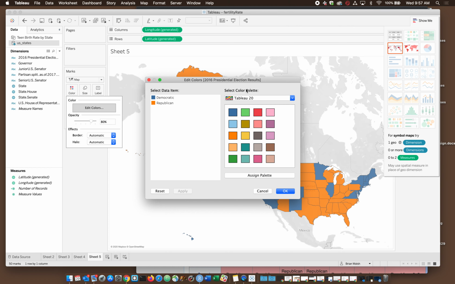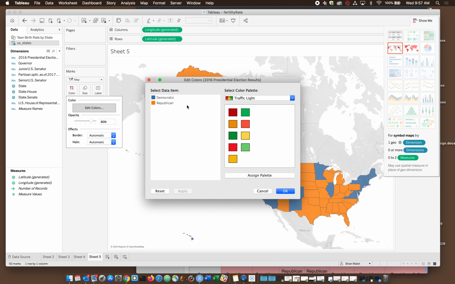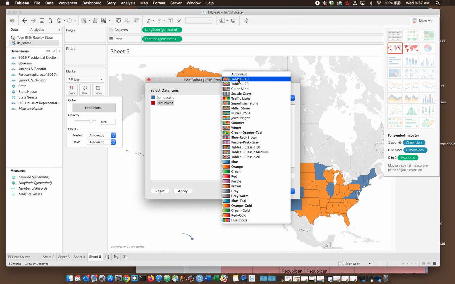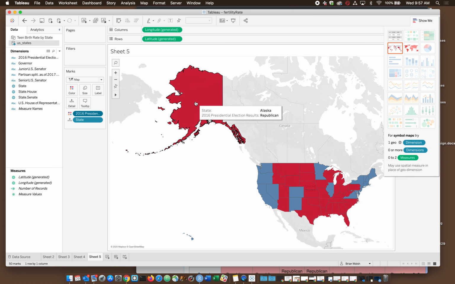I was actually trying to save time, but I wonder if I could do Republican red from traffic light, and then I could switch this to one of the other ones for Democratic. Well, I like that blue. Blue's fine. Let's hit apply, make sure that's applying. No, that's way too maroonish purple for me, but I'll pretend it doesn't bother me. Okay. So if this is going to be an interactive map,